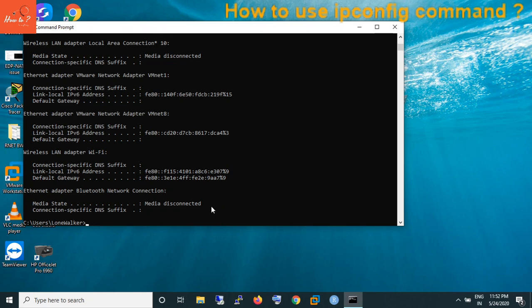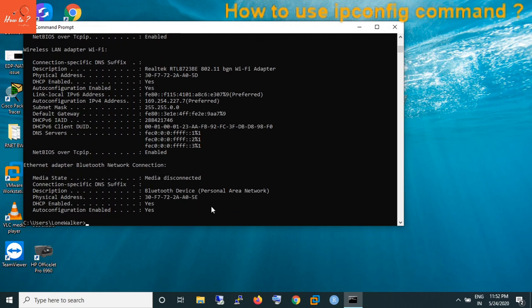We can verify this with the ipconfig all command. So this is flushed out, and the IP address you see over here is basically an automatically assigned auto configuration IPv4 address.